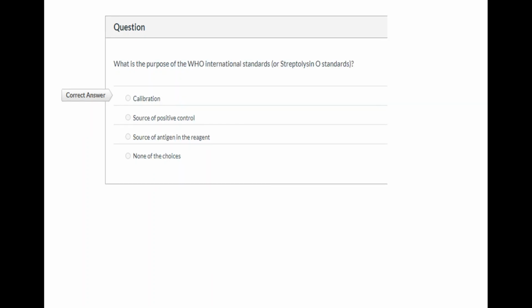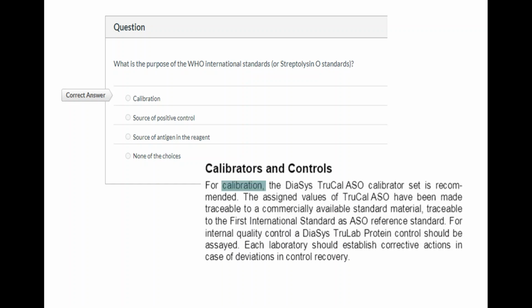What is the purpose of the WHO international standards or the streptolysin O standards? That is also included in your reading material. The standards are used for calibration. Now, don't worry regarding these standards and calibration. You will have a deeper discussion on this in your clinical chemistry, particularly in the concept of quality control and